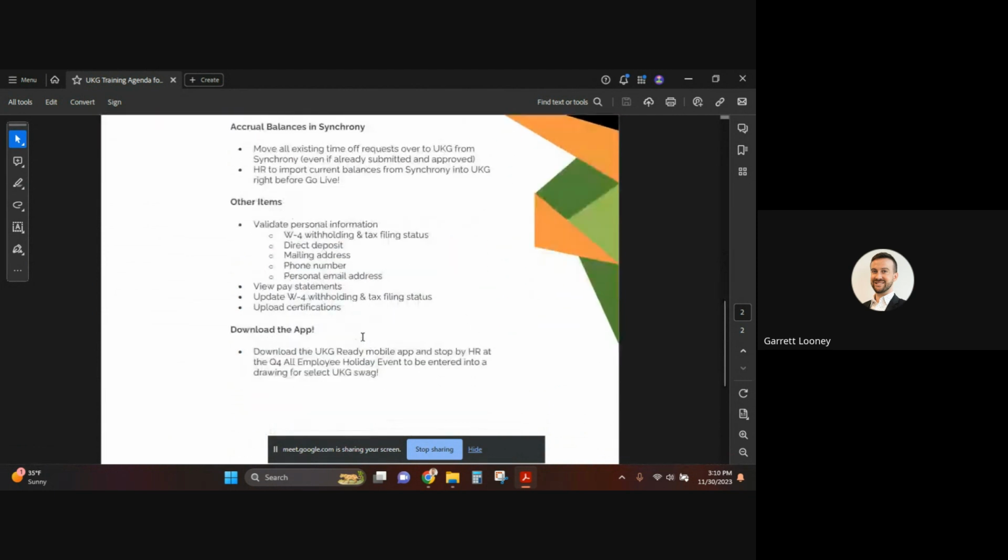So other items, just a few other items to take home are validating personal information. Again, I mentioned the checklist. We'll go through this, but it's just a good opportunity to ensure that your personal information is correct. There's always room for error, but we just want to make sure that whatever's in there that we took from Synchrony is correct. So it's a good chance to update your W-4 withholding and tax filing statuses, your direct deposit, your mailing address,